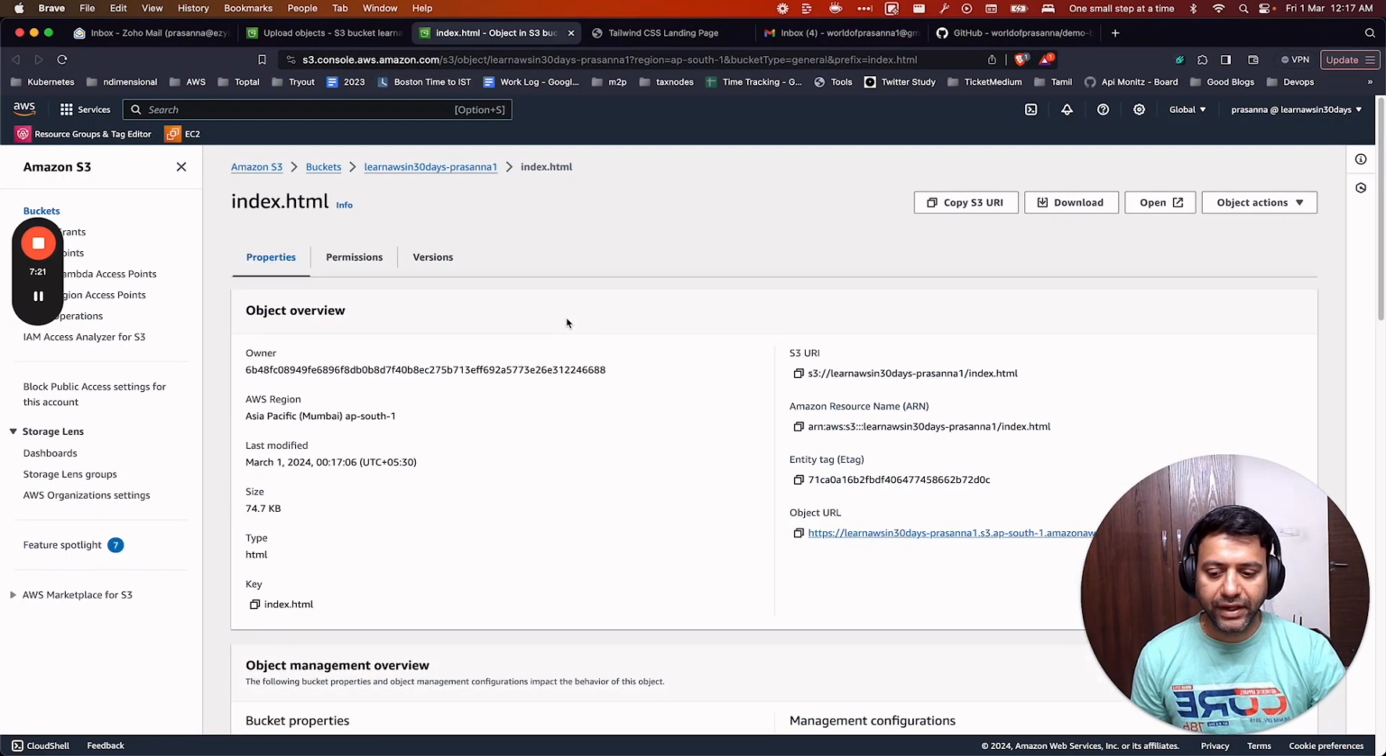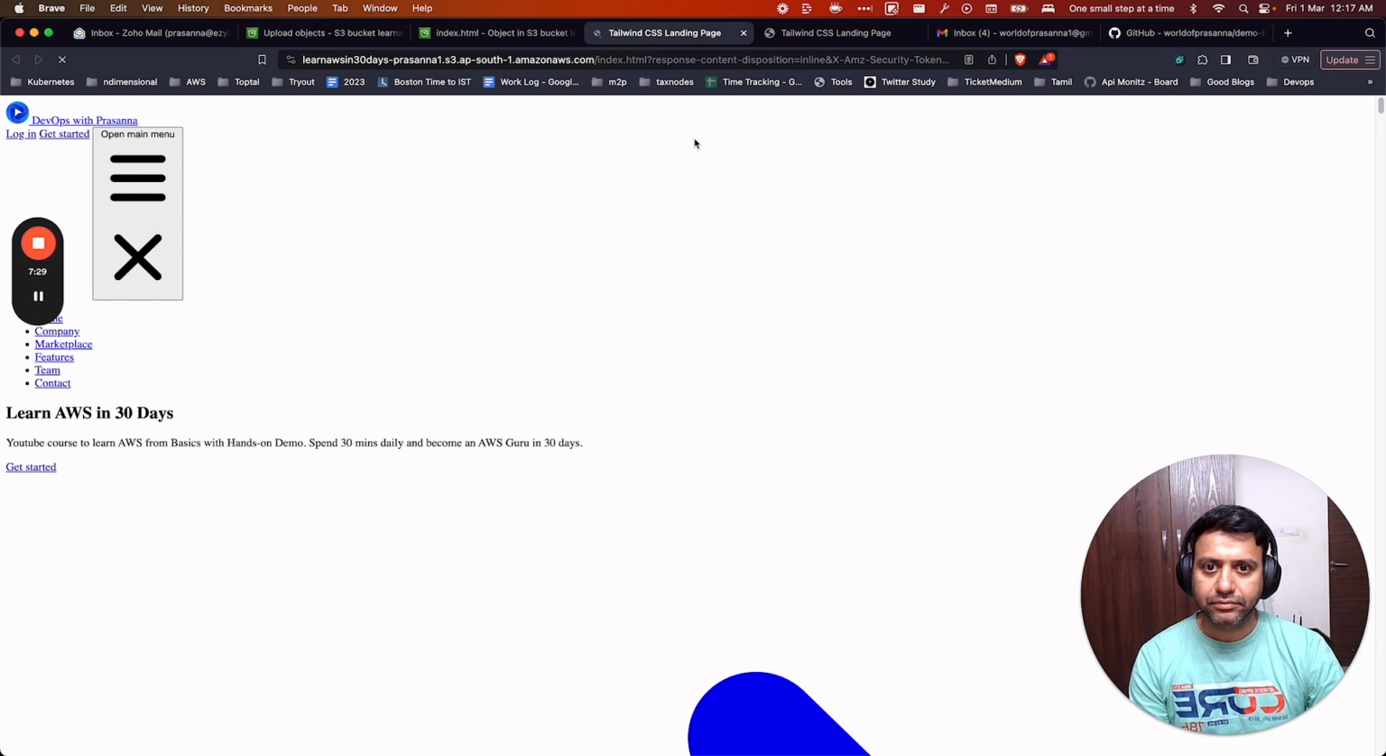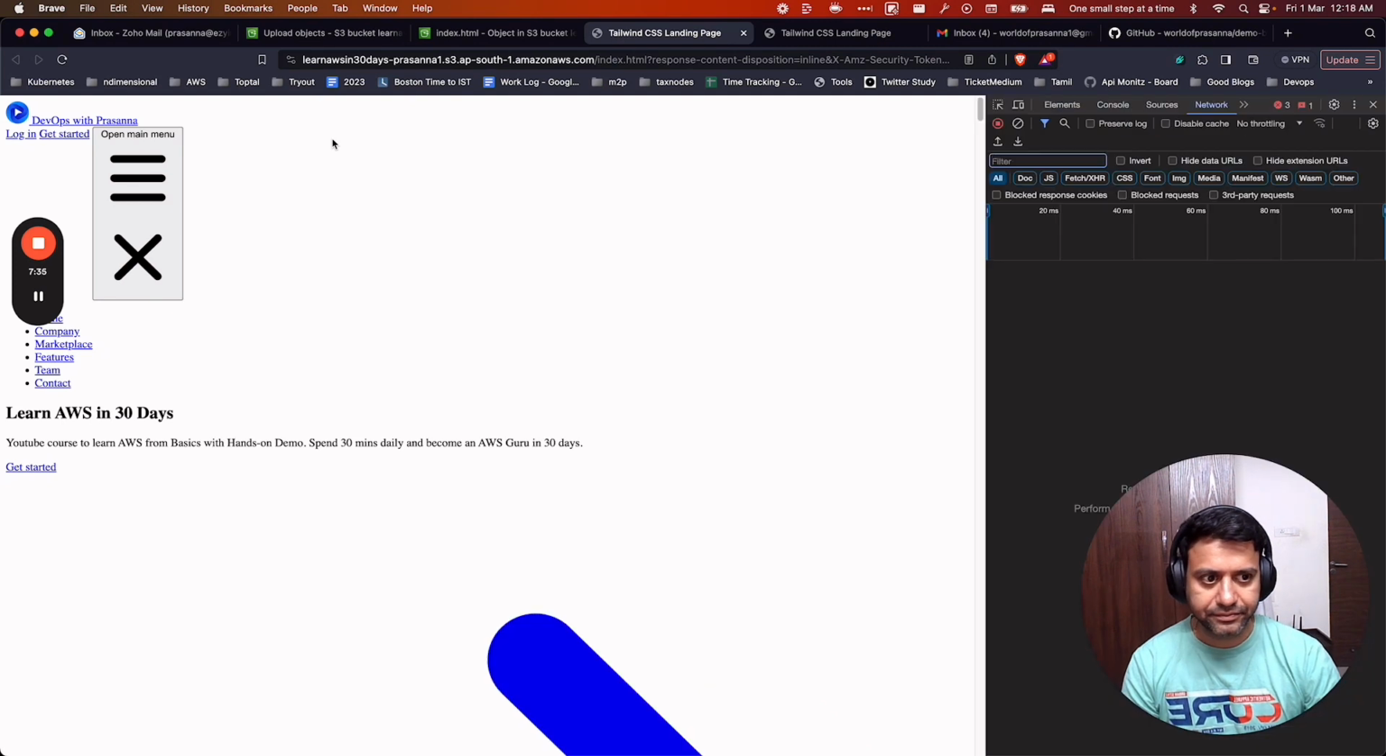But there is one more way to access these files. It is using pre-signed keys. So if you can see, the static assets are not loaded. For example, if I open the inspector, I can have all these things. And if I refresh this page,